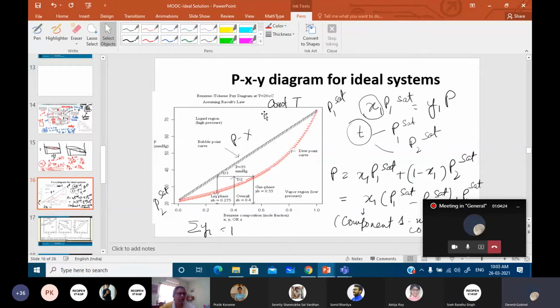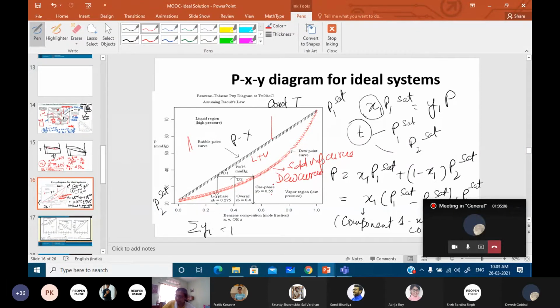Come on, at a higher pressure, you are going to have a liquid, right? And then when you keep on expanding the liquid from this particular point, you reach the saturated liquid curve, or in other words, this is known as the bubble point curve. Same way, if you go on here, you get a liquid plus vapor region, and then on further expansion you come to a saturated vapor curve, or in other words, this is known as a dew curve,